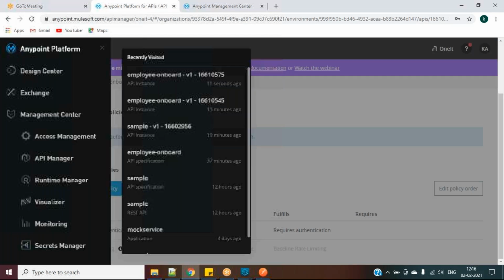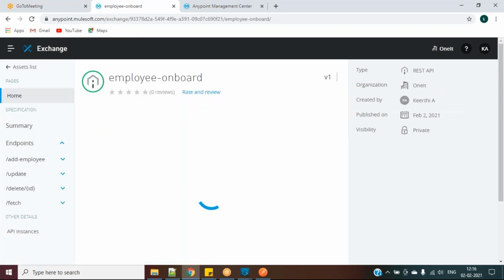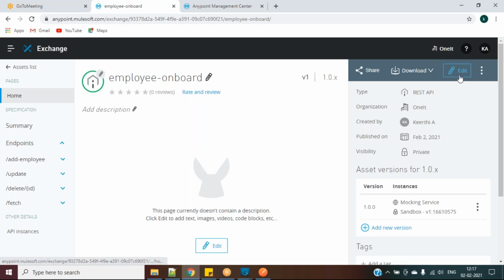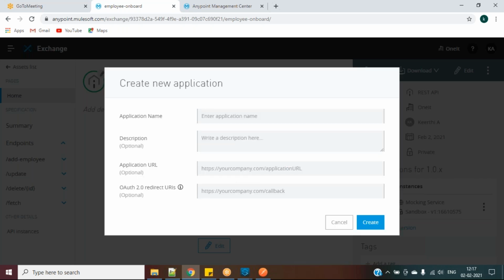I will go to my Exchange, and for my employee onboard API, I will click on request access. Here we need to have an application created. What client ID enforcement is, what the client says is, I will have an application created, and only for that application should this access be given. So for that, we can create a new application, and give the application a name like onboard